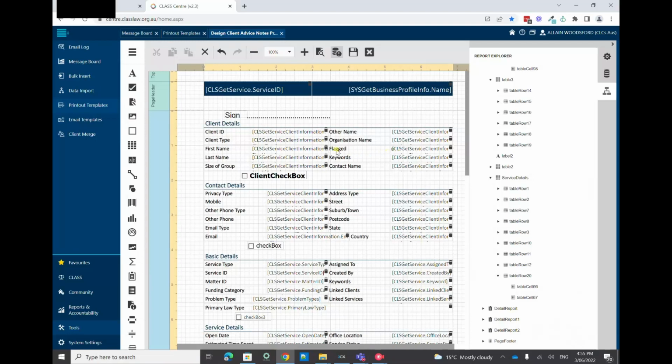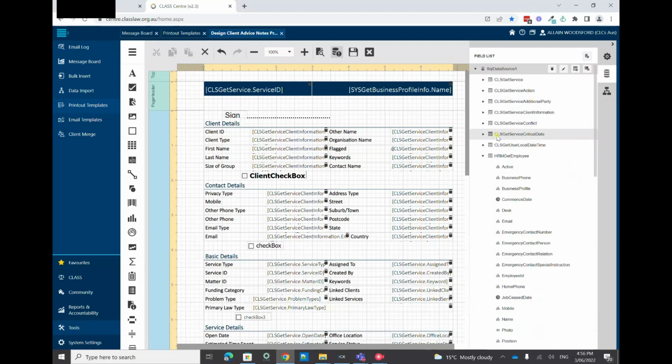Let's just say that's an example, because maybe we wouldn't be printing this out if we have this person flagged as someone we can't serve or something along those lines. And maybe the Aboriginal or Torres Strait Islander status is something we might find more useful in that part of the document. So if we left click on the field list here,